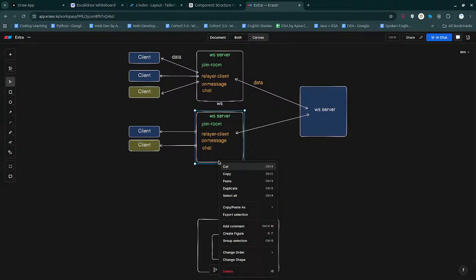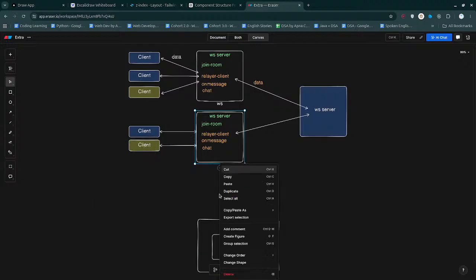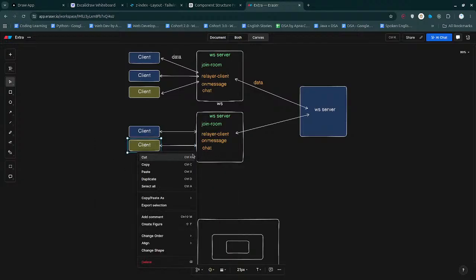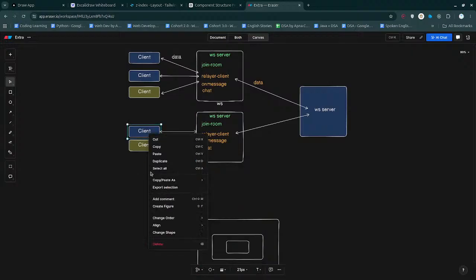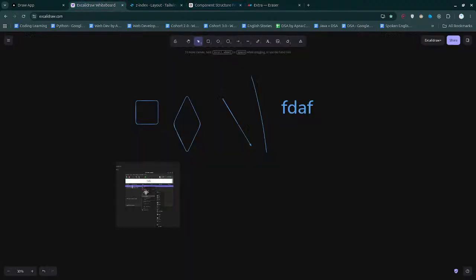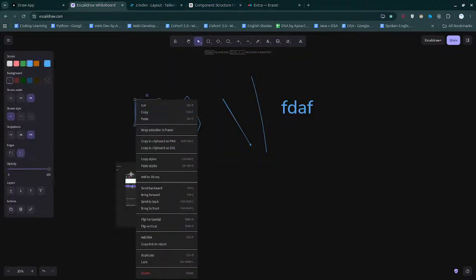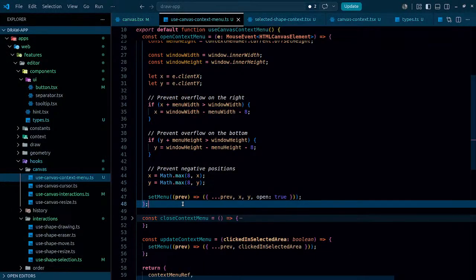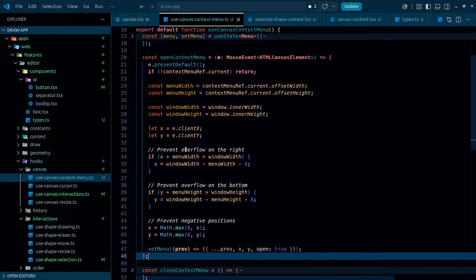So first of all, we have to select the shape if we are actually hitting it, and there can be only one shape selected, or many? Yeah, there can be only one shape selected at a time. So you have to select that particular shape, and apart from this, you have to render it conditionally. So, coming back to this,